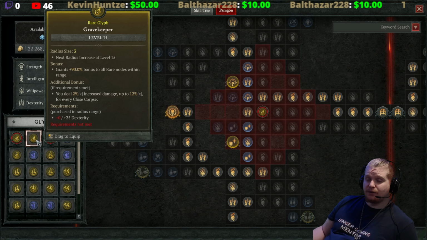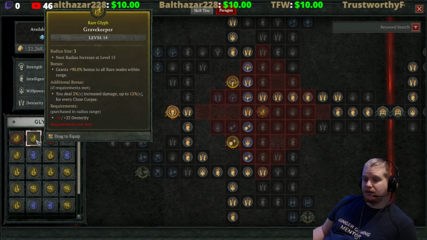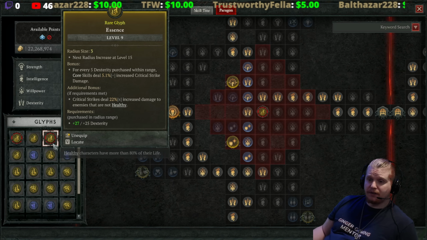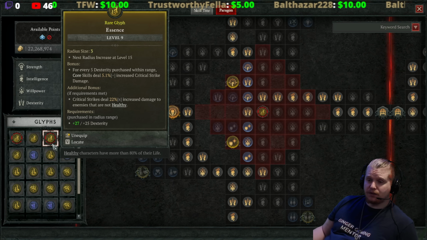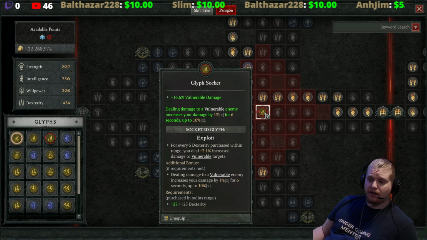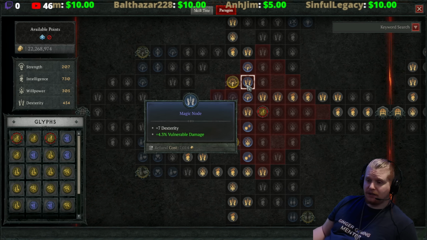Also, if I have at least 25 dexterity within range, I'm also going to get a very nice 2% damage increase, up to 12% for every close corpse, which is also a nice effect. This one here is for every 5 dexterity purchased within range, core skills deal 5.1% increased critical strike damage bonus. Now, how does this actually work? Well, if you take a look at the ability, it tells you the total here at the top, which is 16.6. However, if you look at the dexterity nodes, when you actually purchase them, you'll see that